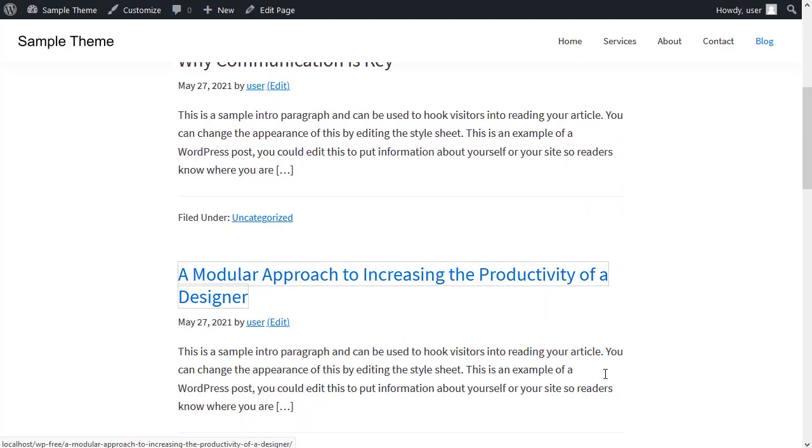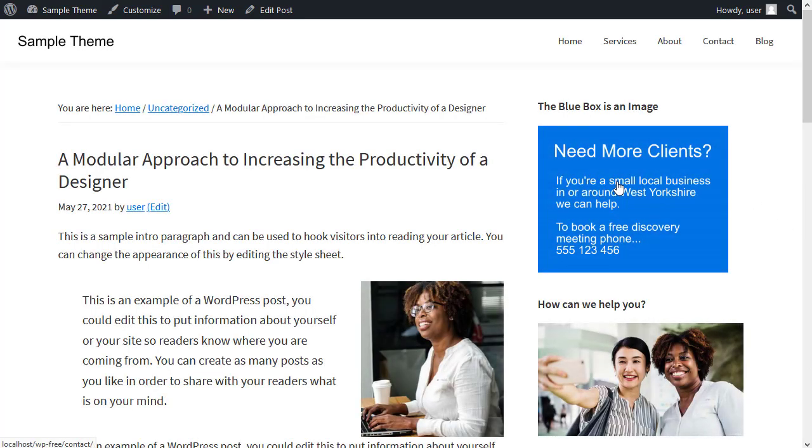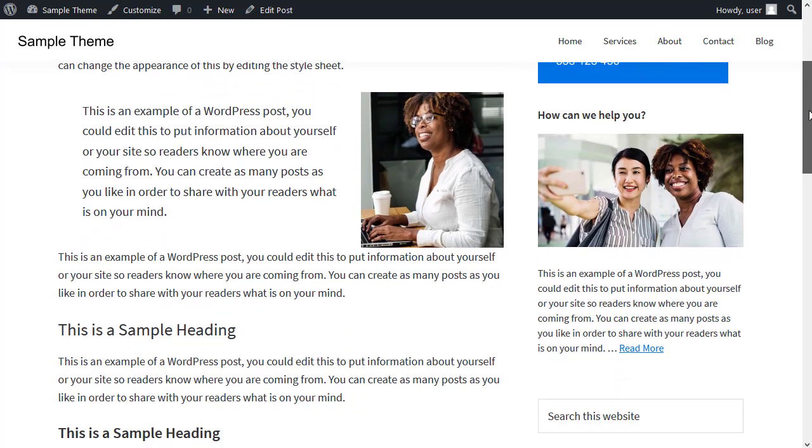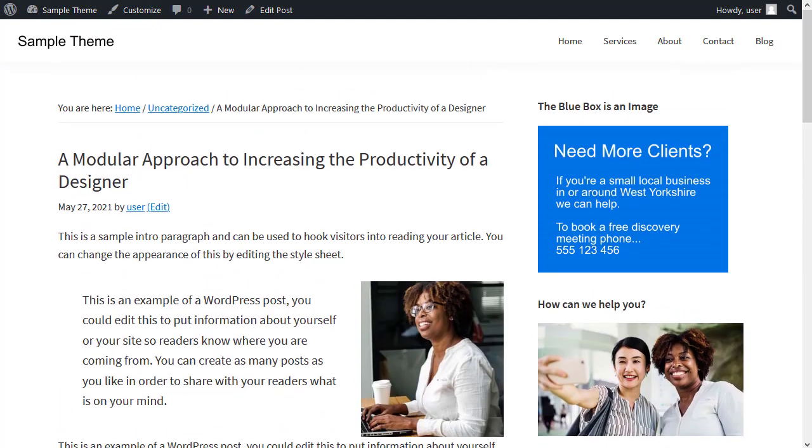Now this one, I've added a sidebar. The blue box is an image. I made that using a graphics program. And then I've added some information here and a search box. Now you can turn that on or off per post or page. So if we edit the post,